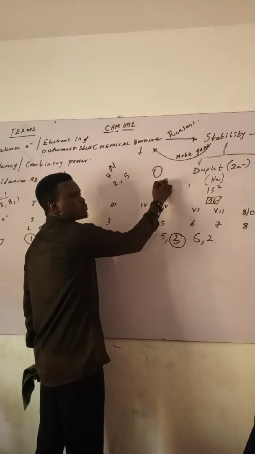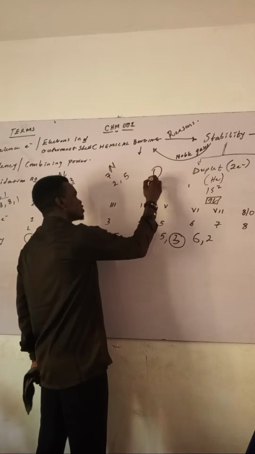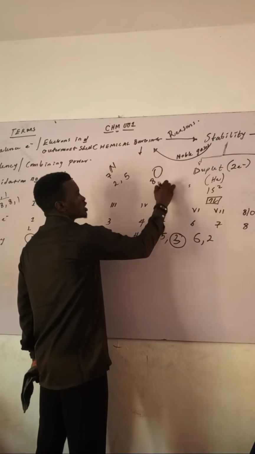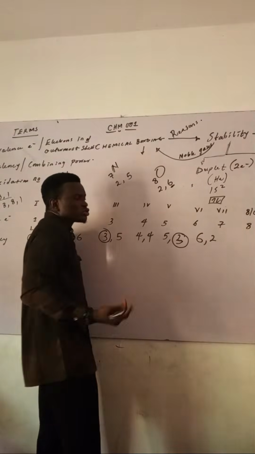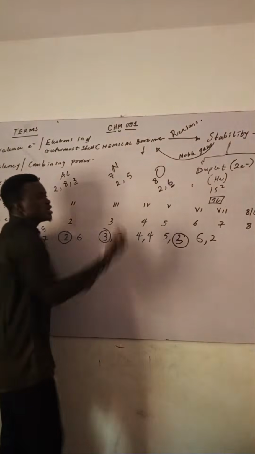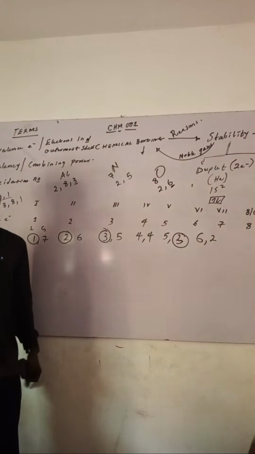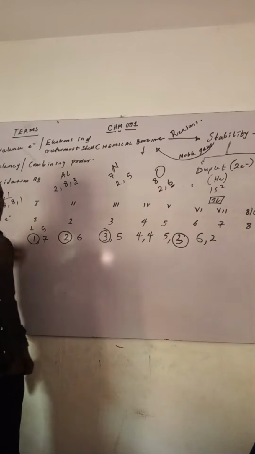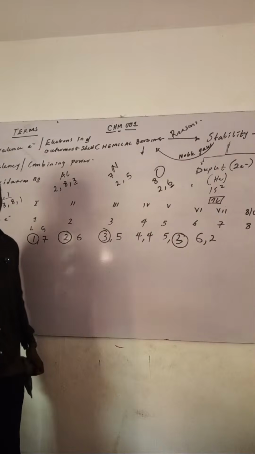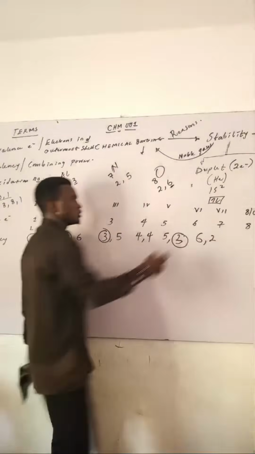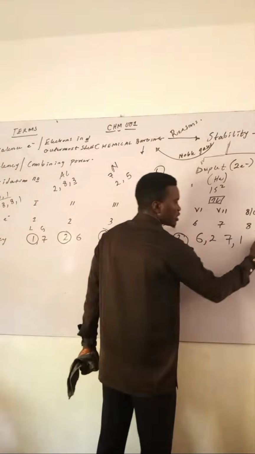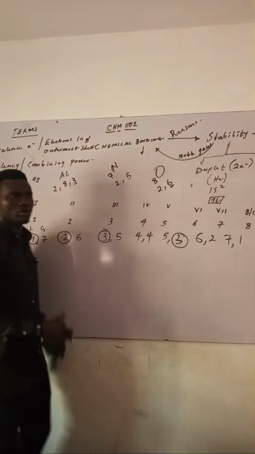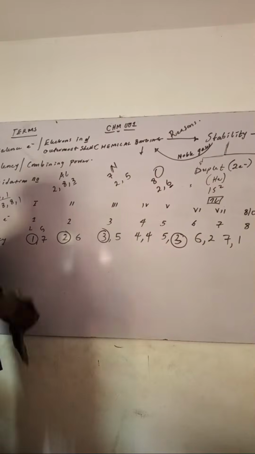Oxygen is an example. What's the atomic number for oxygen? 8. So oxygen is 2,6, right? What will it prefer to do? Gain 2. So if they ask you for the combining power, that is 2. That's why when they give you a question, there's a way you can always write the formula. So I'll show you how you write the formula soon. Now, this one can either lose 7 or gain 1. But this one is already 8, so it will not lose nor gain anything. Do you get my point?